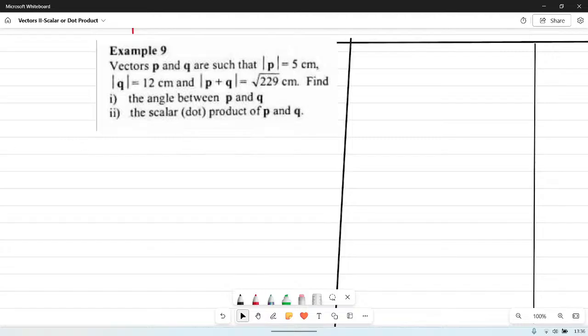So it says the vectors P and Q are such that the magnitude of P,